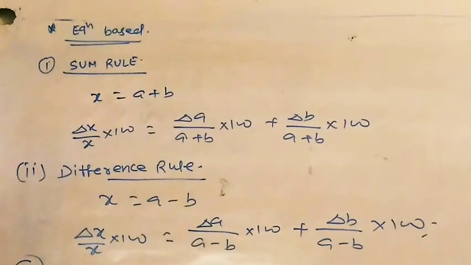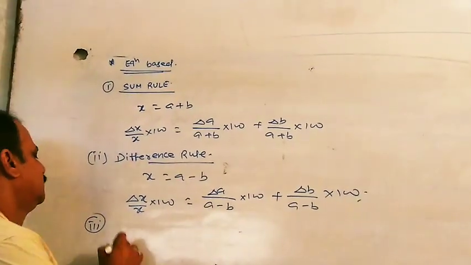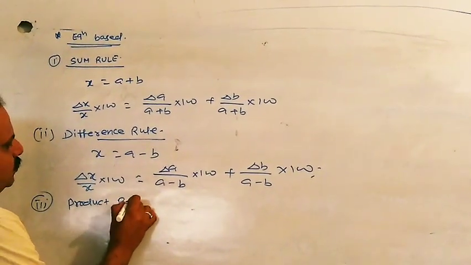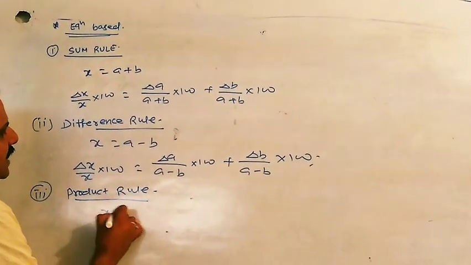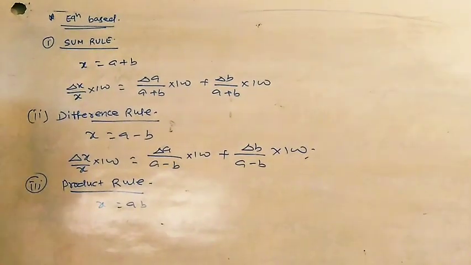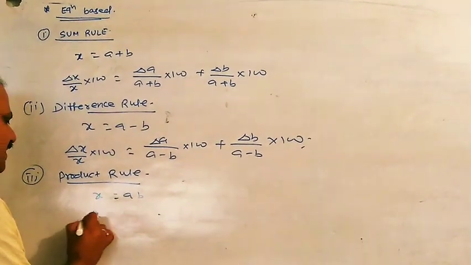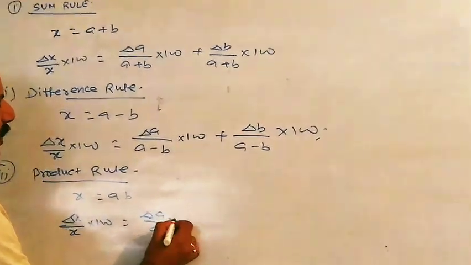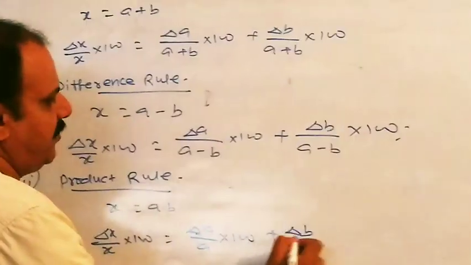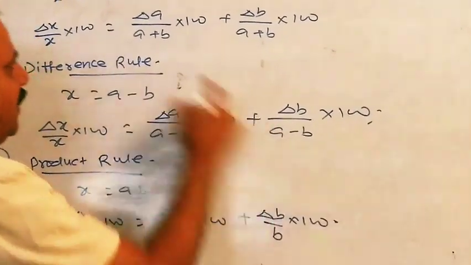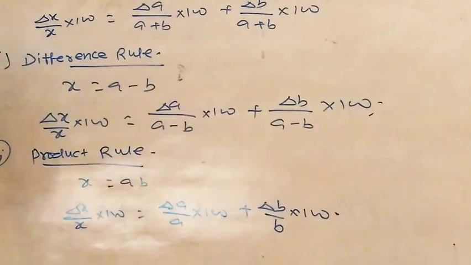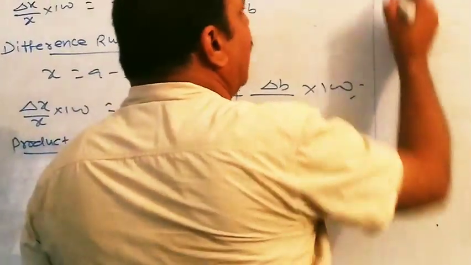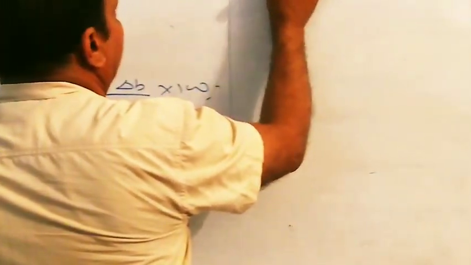Third is product rule. x equal to a into b. Delta x by x into 100 is delta a by a into 100 plus delta b by b into 100. यहाँ इंडिविजुअल डिवीजन होगा, यहाँ पे टोटल का डिवीजन है, यहाँ इंडिविजुअली डिवाइड करते हैं और ऐड करते चले जाएंगे। नंबर 4 डिवीजन रूल।